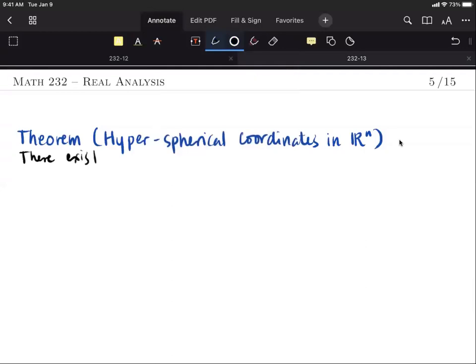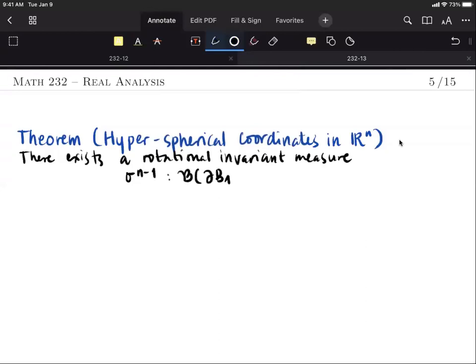We can show that there exists a rotational invariant measure, say sigma n minus 1, on the Borel sets of the unit sphere, that is the boundary of the unit ball in R^n, and this is finite,